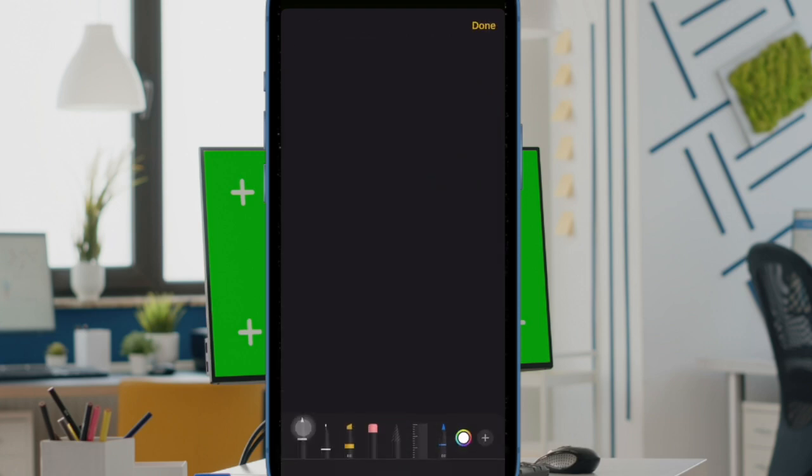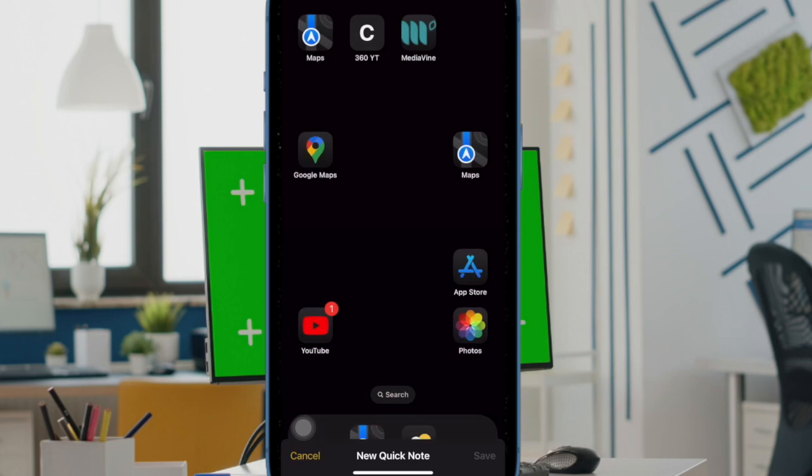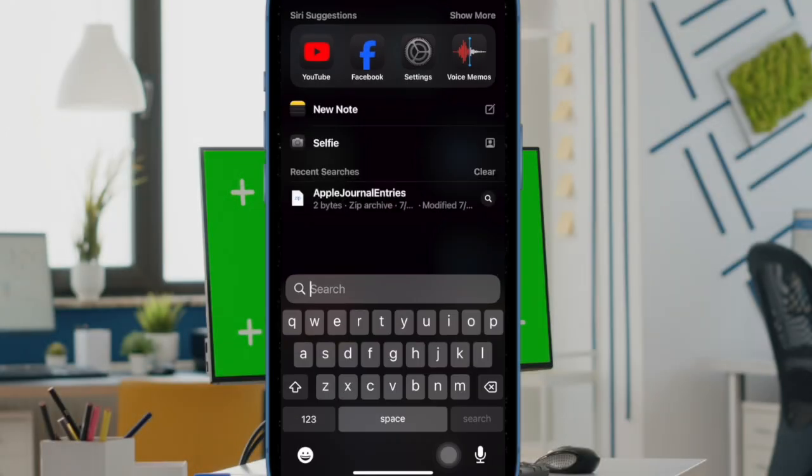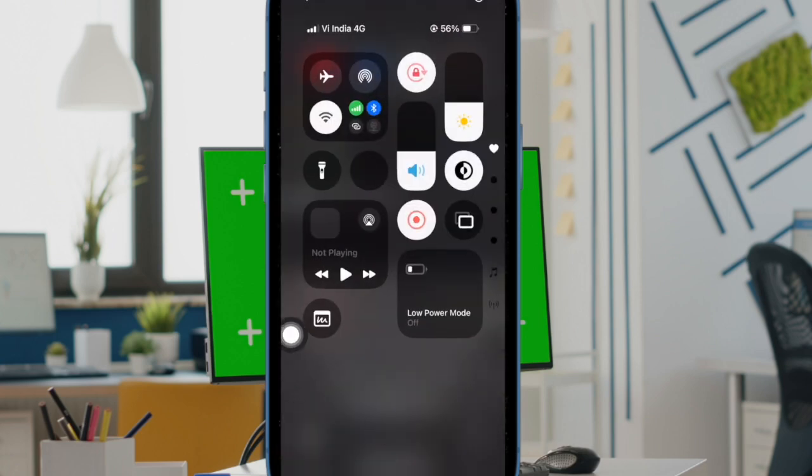Later, if you ever want to remove the Quick Note shortcut from the Control Center, just get into the same editing mode and then hit the minus button at the top of the shortcut icon to remove it, and that's pretty much it. So that's how you can easily add a Quick Note to your iPhone Control Center in iOS